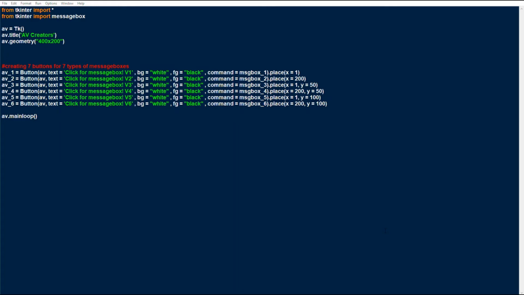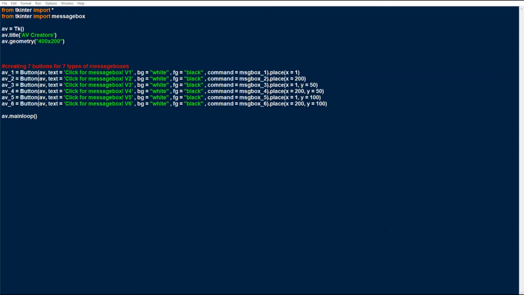In info you're displaying information for the user, such as how to use your program. The syntax for all of them is similar, so I won't get into that; I will show it to you when I'm typing. Show warning would be used when a user might do something a bit risky, and show error might be used if the user hasn't entered something somewhere.